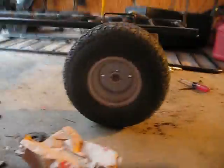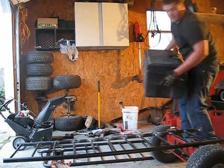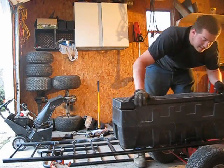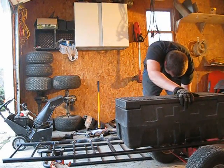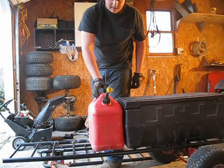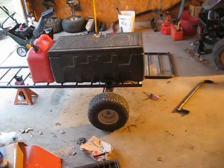So if I find a spot to set down my camera, like not right there, like over here, I will set the box and the gas tank on. So here's my box. It's going to be right about at the edge, and actually it's going to have to go a little further just for this mock-up because of this axle retainer. So there is the box and the gas tank,